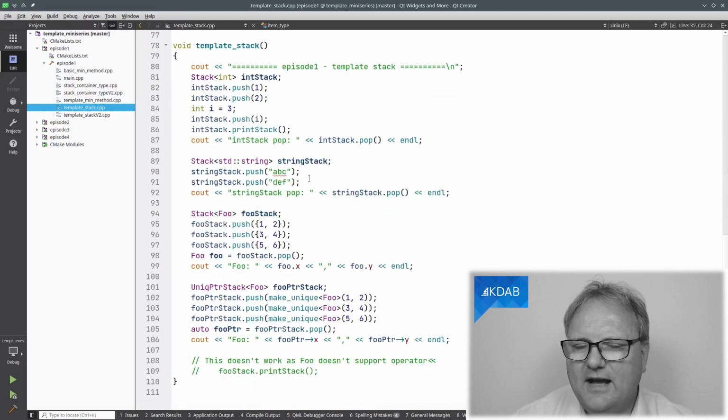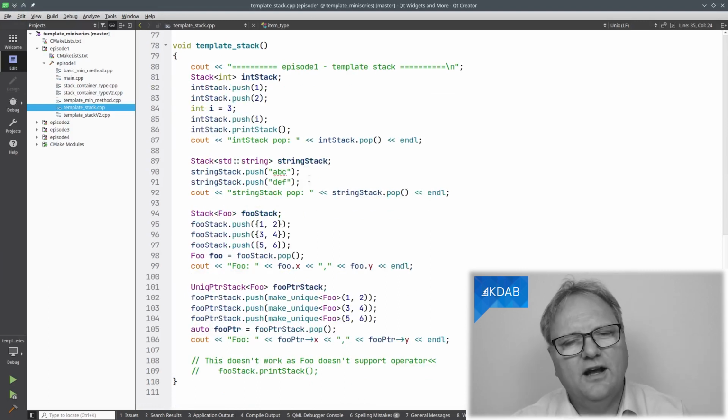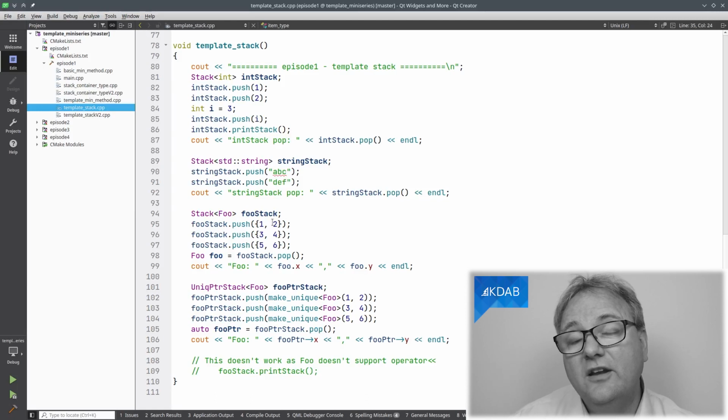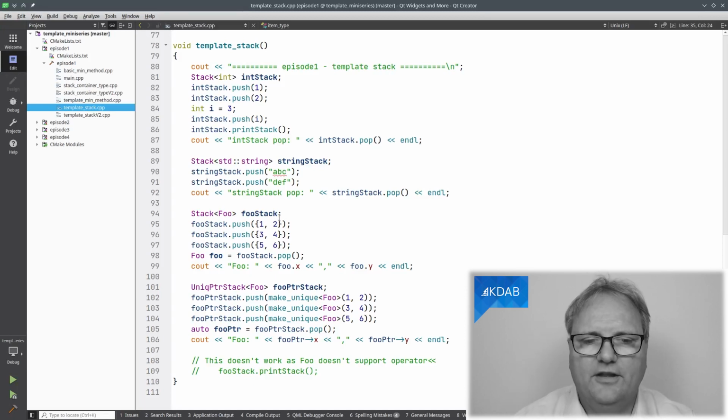But how can this even work when there's code that can't compile? Well, see, the key thing to understand about templates is that if you do not use something, then the compiler will not even bother trying to make sense of that. So I don't use the print stack for my foo stack.